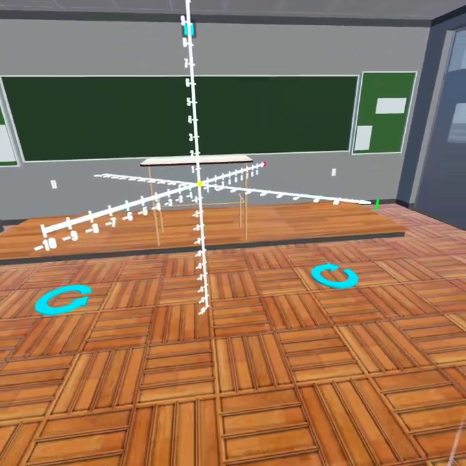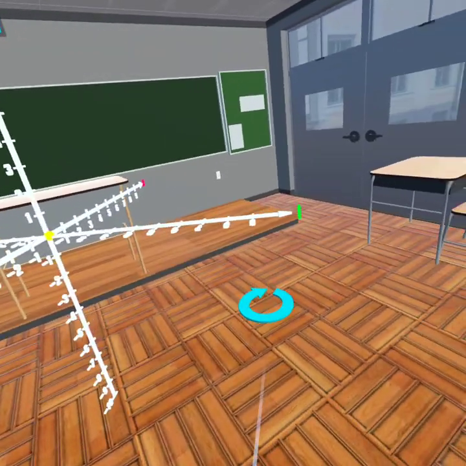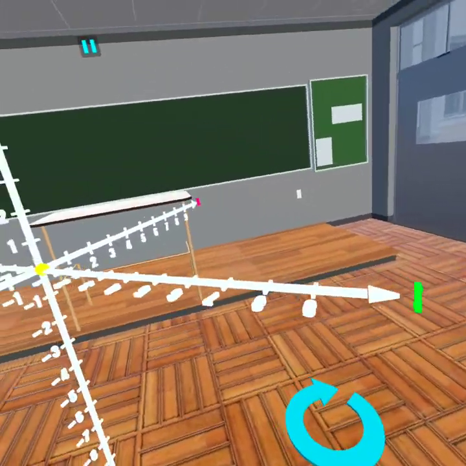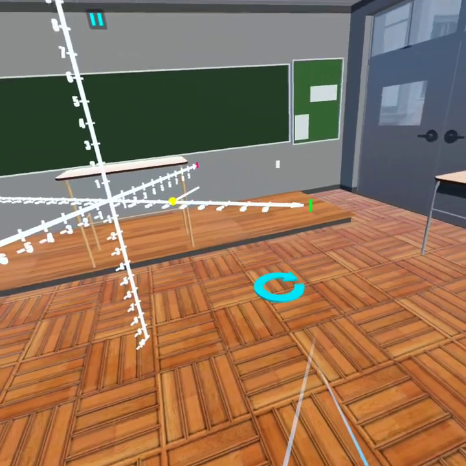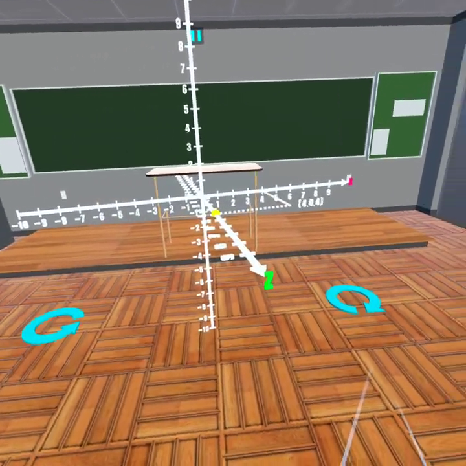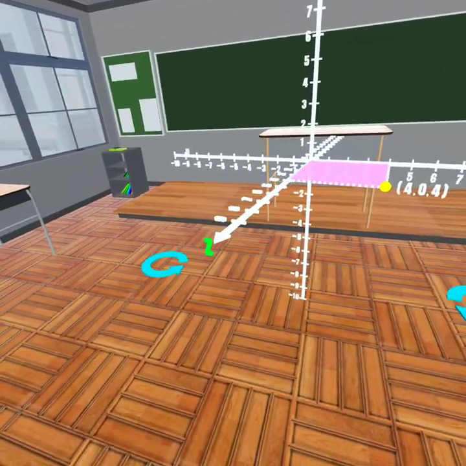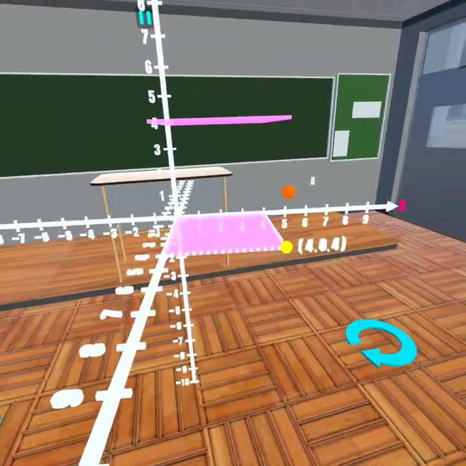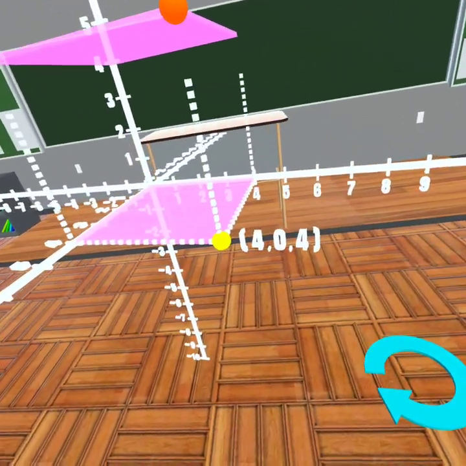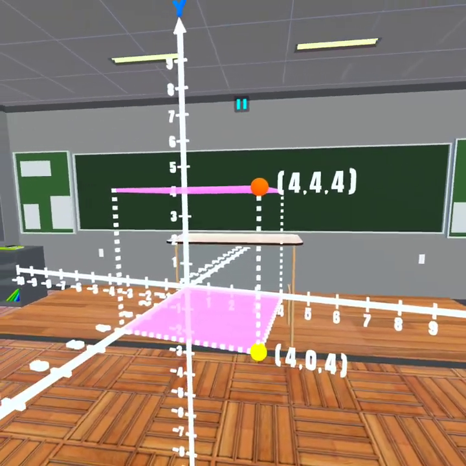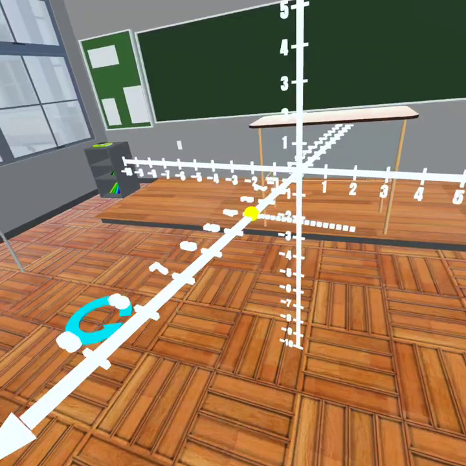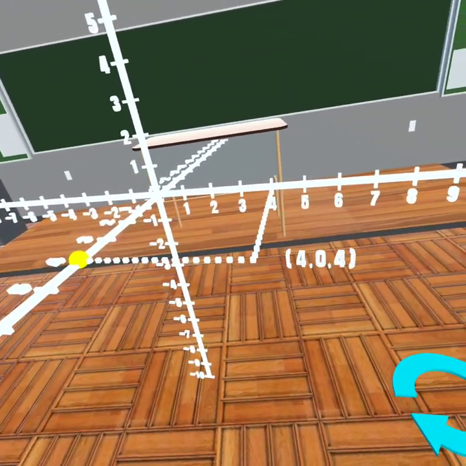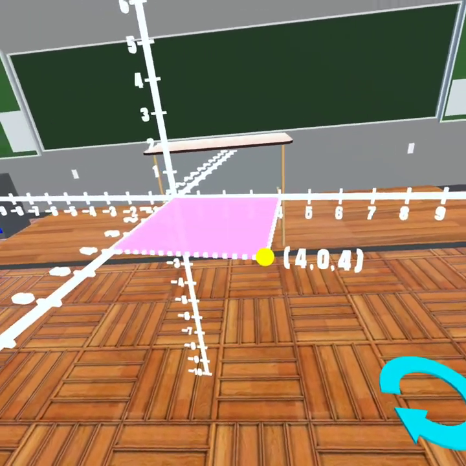Take a moment to familiarize yourself with the grid and how these axes define the position of any point within this environment. Any point in 3D space is represented by three coordinates, x, y, z, where x is the distance along the x-axis, y is the distance along the y-axis, z is the distance along the z-axis. The origin, 0, 0, 0, is where the three axes intersect, and it's the starting point for plotting any coordinate